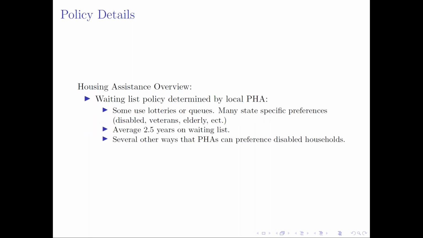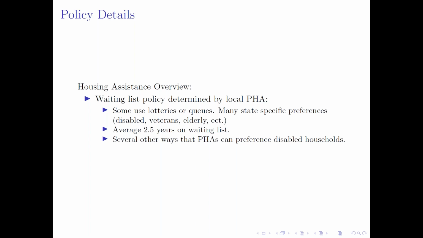Like I mentioned earlier, this waiting list policy is determined by a local public housing authority. Some places just use a lottery, so it's a randomized process. But many use either a queue or a very specific preference-weighted system, where if you're in a certain category, something like if you're disabled or a veteran or elderly, or if you're homeless, you are more likely to receive housing assistance or to receive it quicker. On average, once you're on a waiting list throughout the U.S., it takes 2.5 years before you are assigned a